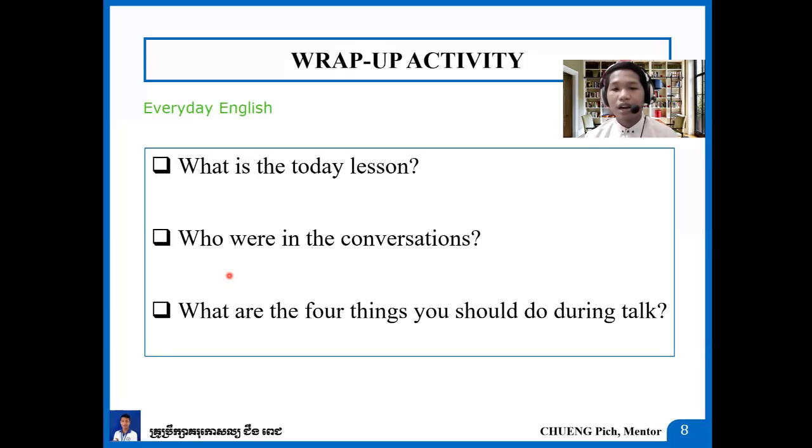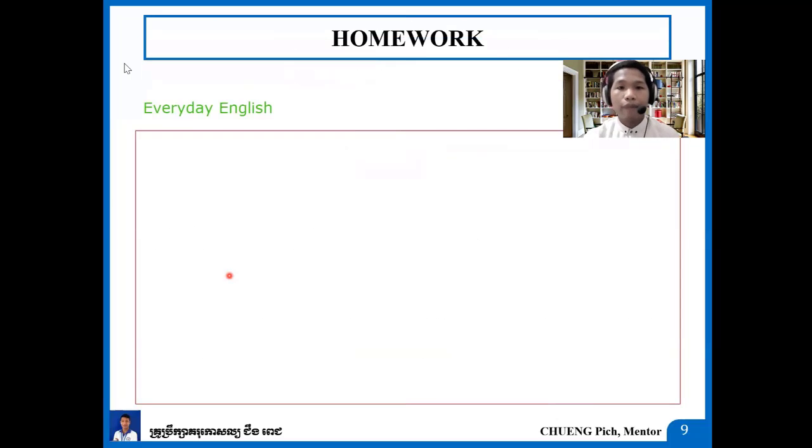Okay, so here are the 4 things, a lesson that you can learn and practice along the way, because this is very important for you as well. This is the most important lesson of this lesson as well. Okay, so let me give you some homework and then registration first.